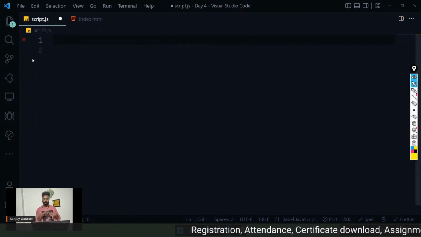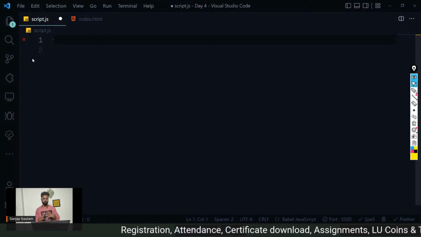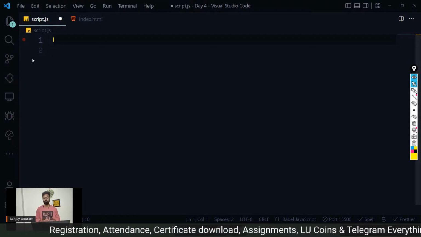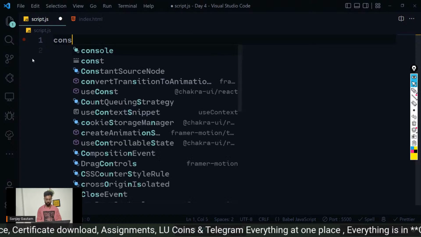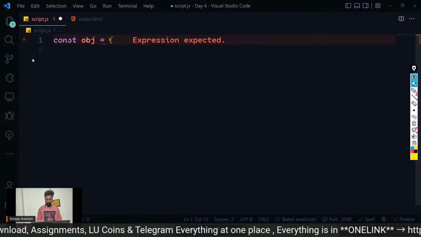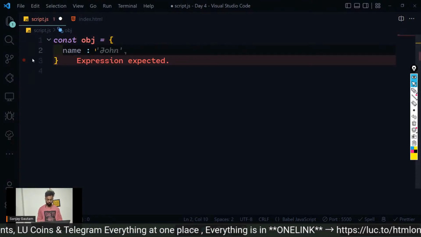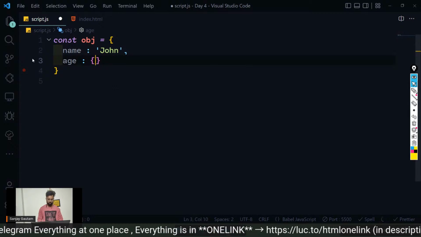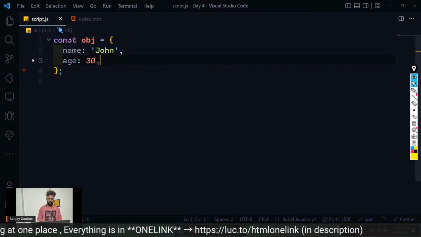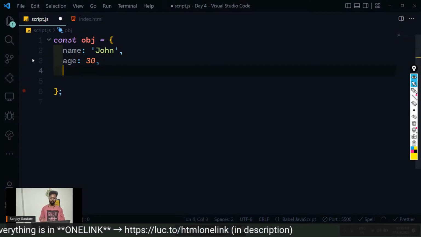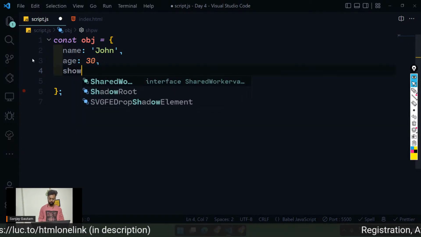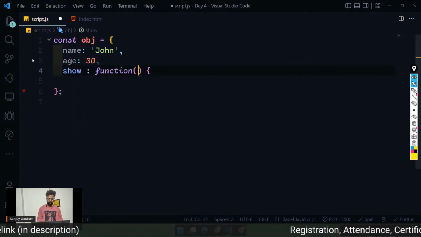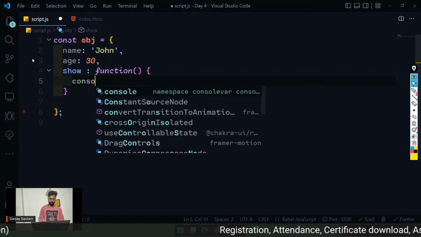I'm just going to cover that now: you can store not only values inside of an object, you can also store functions. So let me create an object for you. const obj with name John, age 30. Now what I can do is also create a function here. Let me create a function show, and put a function here, and console.log